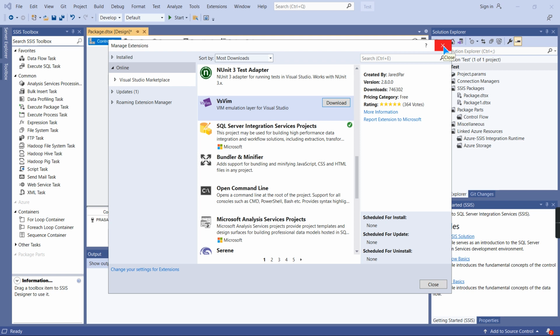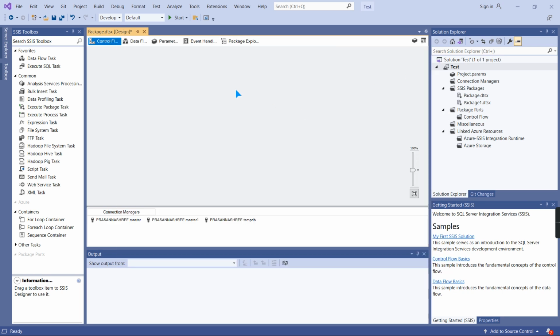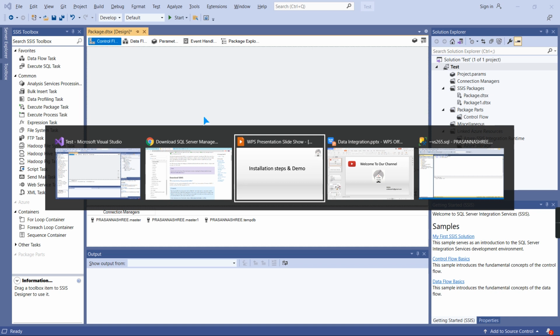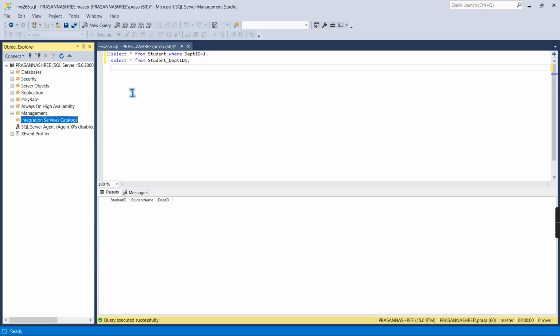Now we will see a quick demo, a small demo. Before that, we will see how the database looks in SQL Server Management Studio.